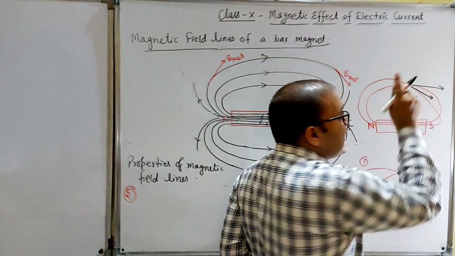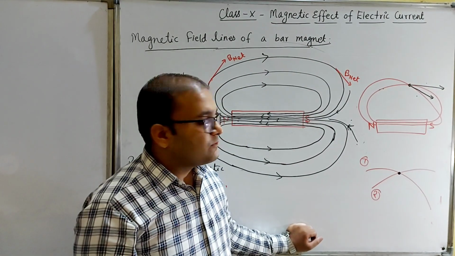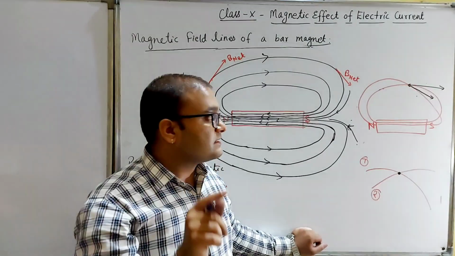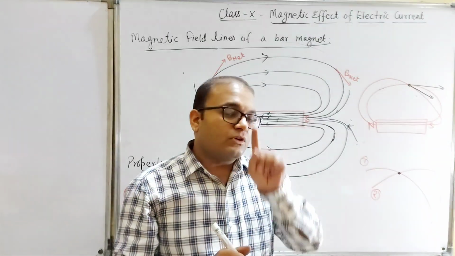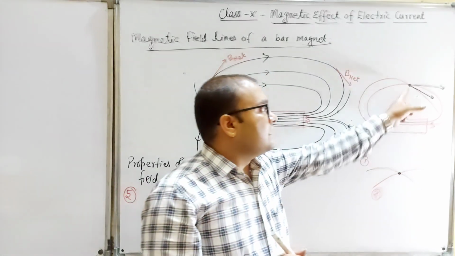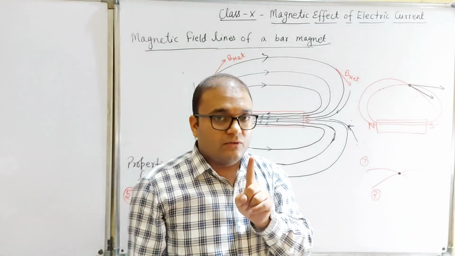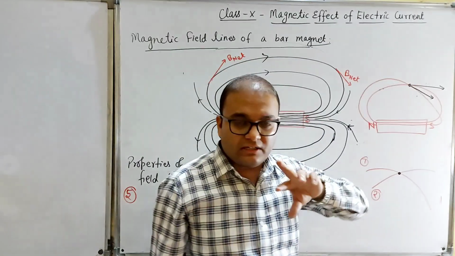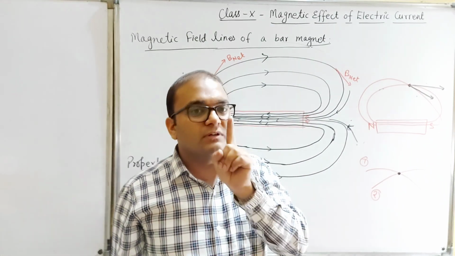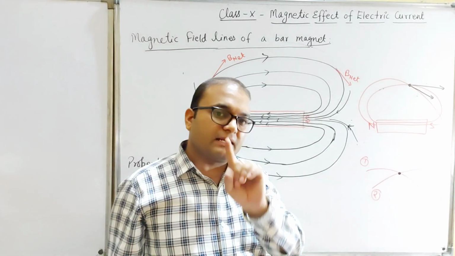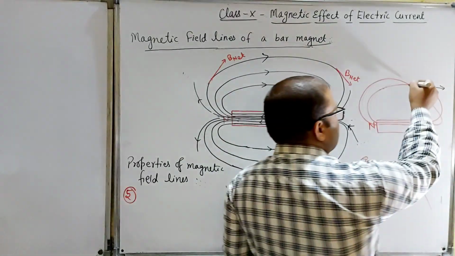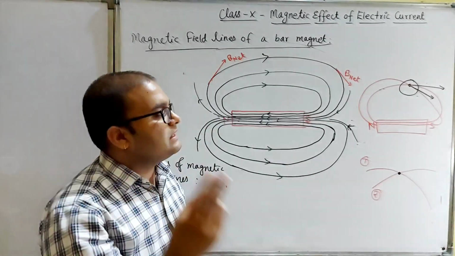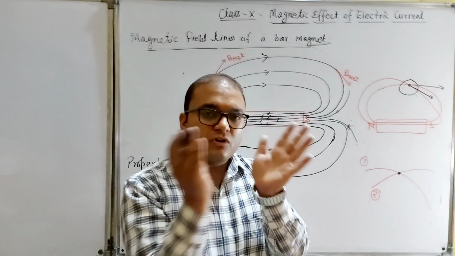So there are two directions of magnetic field, which is not possible at one point. There will always be one direction. The compass needle will stay in only one fixed direction at any place in the magnetic field. The compass needle will not continuously vibrate between these two directions. Its direction at a fixed point will always be fixed. So this is not possible, because if they intersect each other, there will be two directions of magnetic field at the point of intersection, which is not possible.